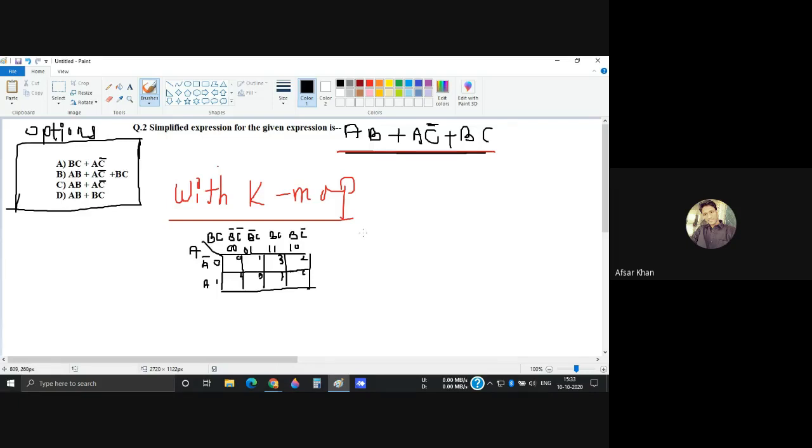Yes. So where are the variables here? Where should I put the variables? Yes, can you tell me? Yes, students. Where do I put the 1? See here. First, A is with B and A is with C bar. A is with B also and A is with C bar also. So here it will be 1.